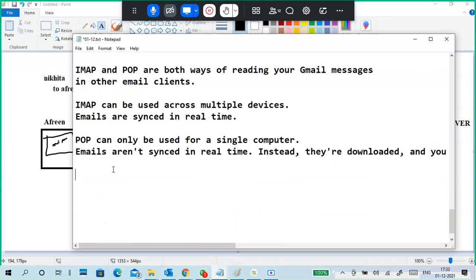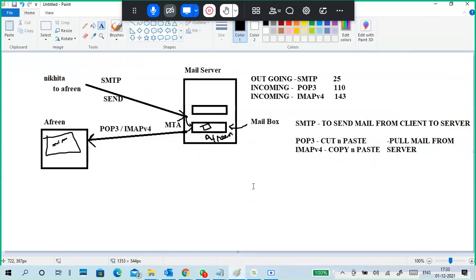Okay, so we'll see that one. Here I will give you a simple example which we generally face, and based on that I will explain. I have told you about a lot of mail servers. For example, this is a mailbox. Box means it contains some storage space, right? A folder, a disk, or a pen drive, a storage space of 2 GB, 3 GB, like that.